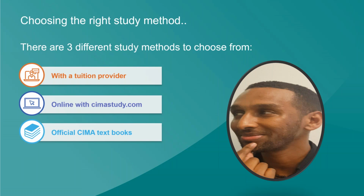We deliberately offer 3 different study methods because everyone studies in a different way. Everyone retains information in a different way, and that is absolutely essential. It doesn't matter what your friend is doing. It doesn't matter what a colleague has put forward, because they might study in a particular way. They can retain information that way, and they can pass an exam that way. You, however, may choose an alternative study method, or you might choose the same method as them, and it may